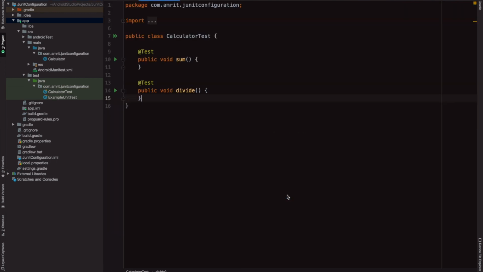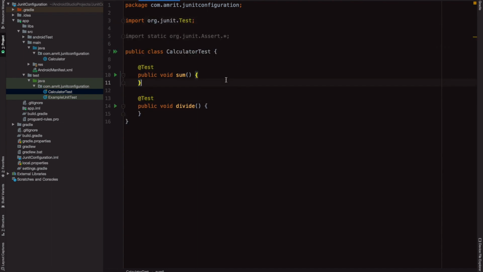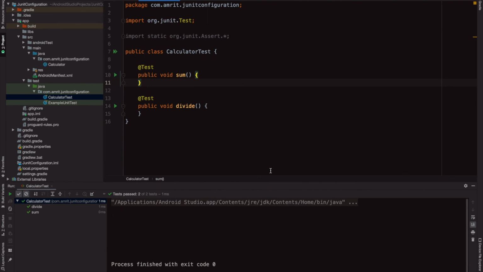Once this is done, I'm able to see the class created, that is, the CalculatorTest class created in the appropriate test root. And I have also got the two methods which I have selected. I also got the Test annotation, which means JUnit is configured, and I don't have any compilation warning here, so the JUnit framework is already added. If I run this now, Android Studio will be able to run these test cases and we will get success in the console. So this is how you configure JUnit in Android.